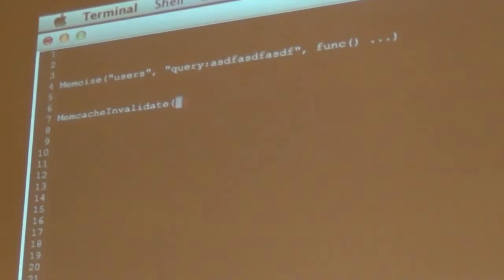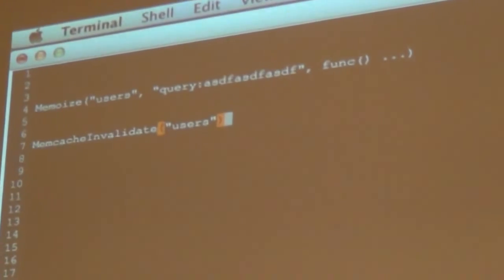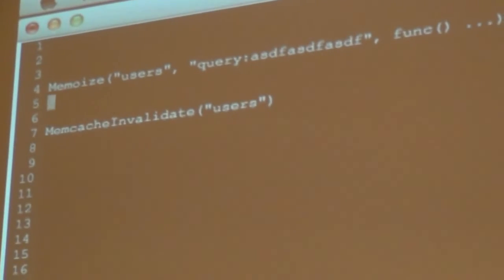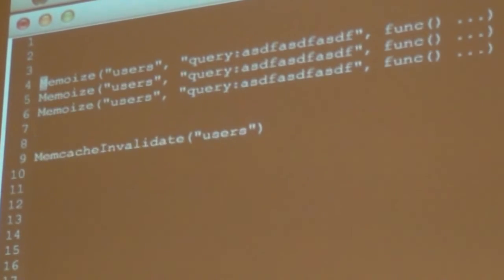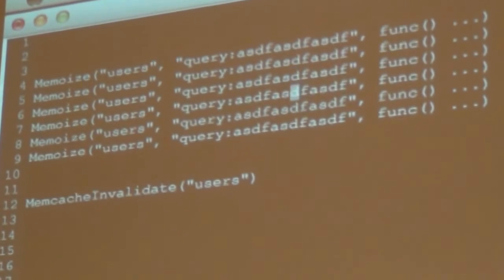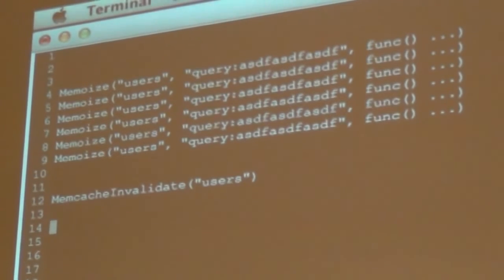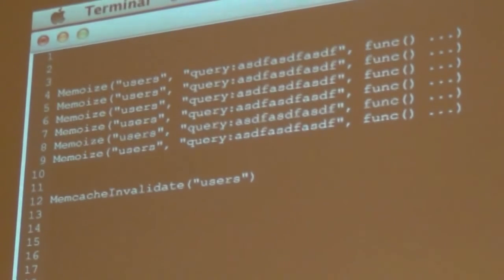something like this, and then I want to invalidate all these queries, which are different, of course. This can be done quite simply. It will cost you an extra round trip to memcache. But what you do is you create a new memcache key from the key under users. So basically you